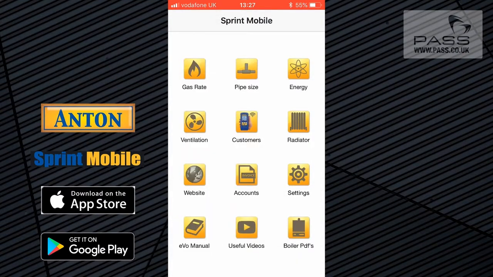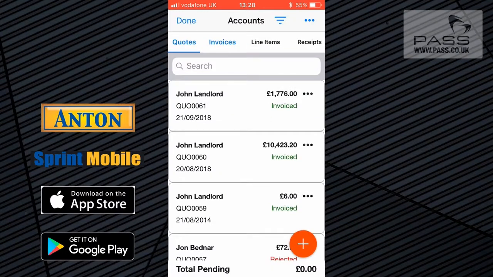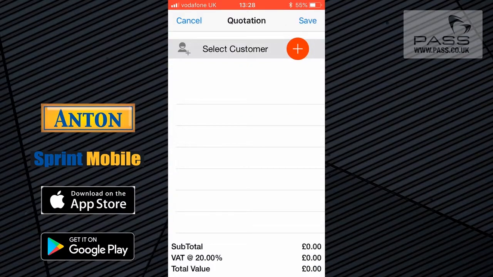The other thing we've got in here is an accounting package where you can basically go in and create quotes, invoices, receipts, and really just manage the financial side of your business. I know it's a thing that most of us hate doing, paperwork, but this is very quick and easy, and I'll show you how. So to create a new quote, you click the red plus button,